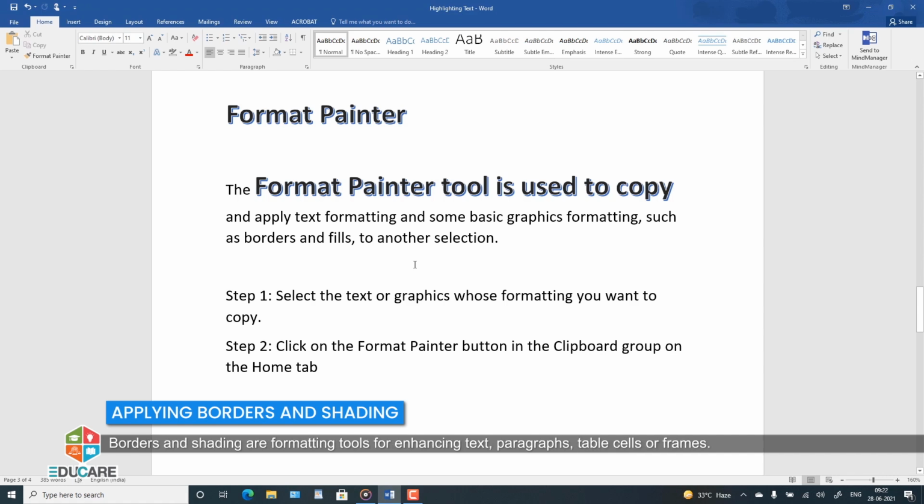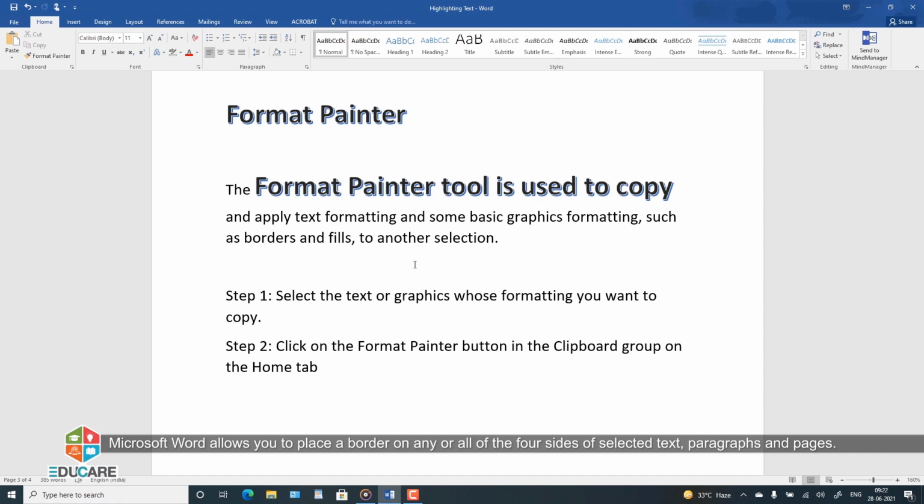Borders and shading are formatting tools for enhancing text, paragraphs, table cells, or frames. Microsoft Word allows you to place a border on any or all of the 4 sides of selected text, paragraphs, and pages. You can also add different shades to the space occupied by the selected text, paragraphs, and pages.